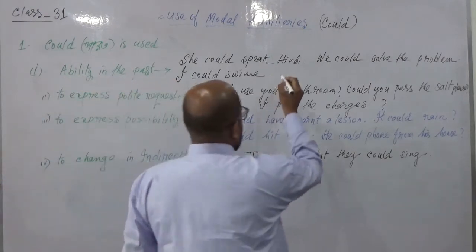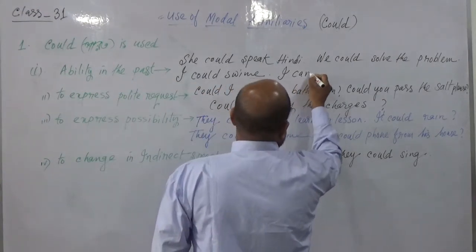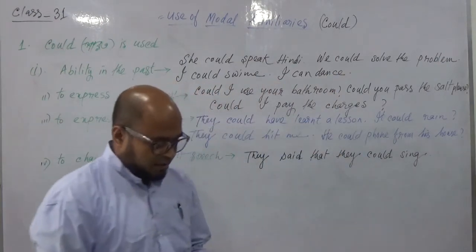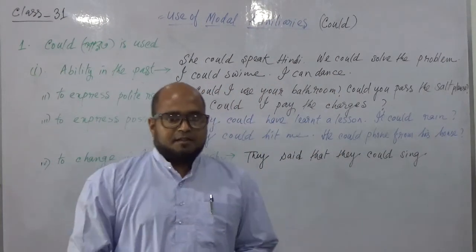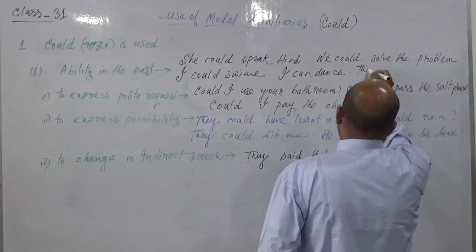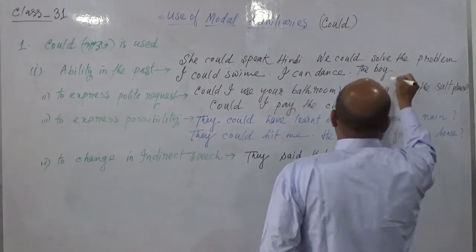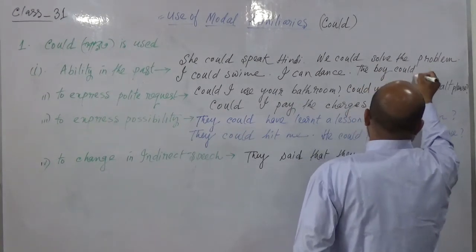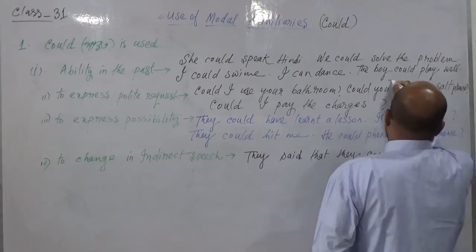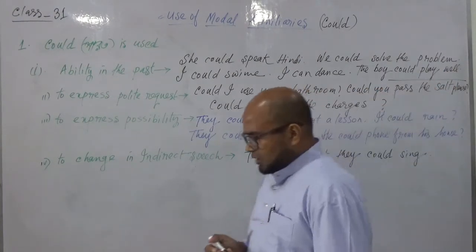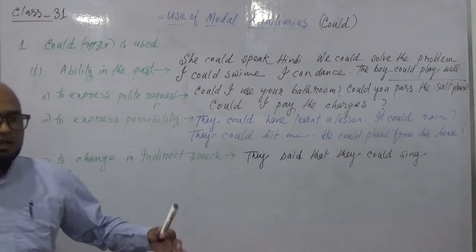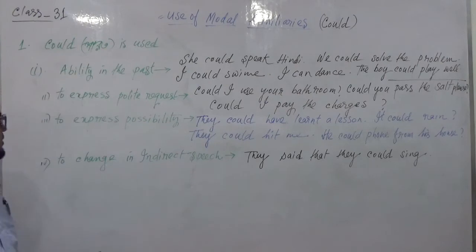I could dance. The boy could play well. So to express the past ability of the speaker, to express the past ability of the subject,